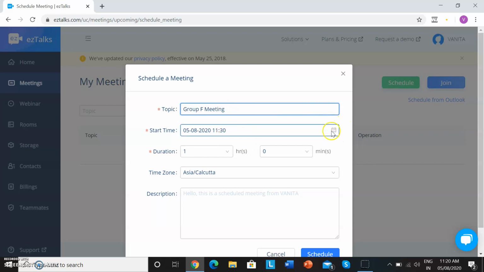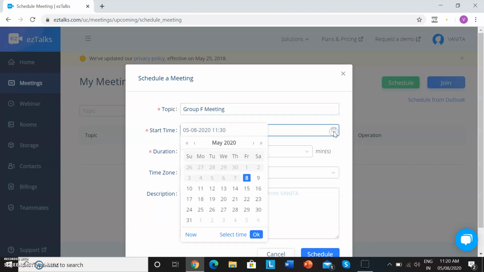So I have to select the time, so I go to calendar and I select the time. So we are going to have a meeting on Monday, that is on 12th. Right, it is not changing. I have to schedule a meeting, so I go back and I will just click onto the calendar. Yes, Monday 12. I want to change the time.